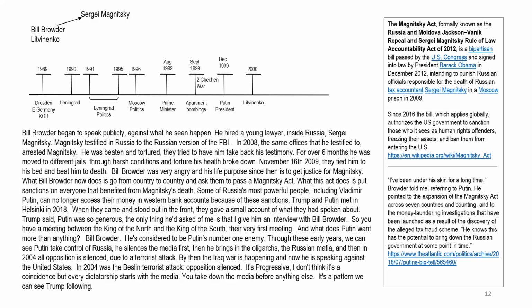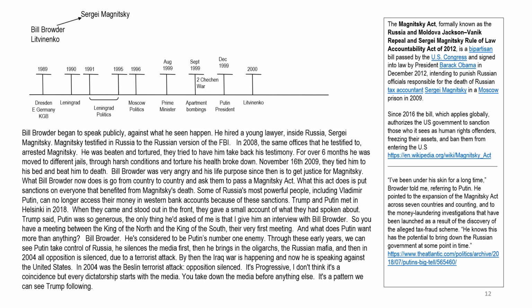Bill Browder was very angry, and his life purpose since then is to get justice for Magnitsky. What Bill Browder now does is go from country to country and ask them to pass the Magnitsky Act. What this act does is put sanctions on everyone that benefited from Magnitsky's death. Some of Russia's most powerful people, including Vladimir Putin, can no longer access their money in Western bank accounts because